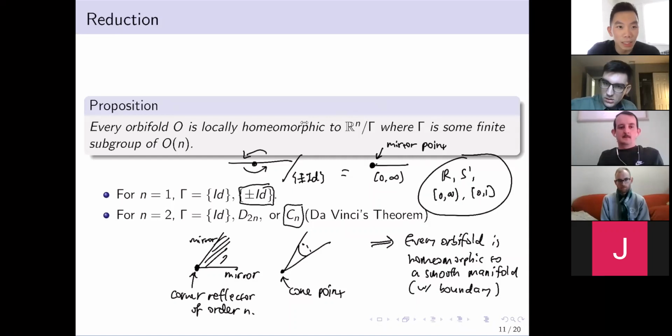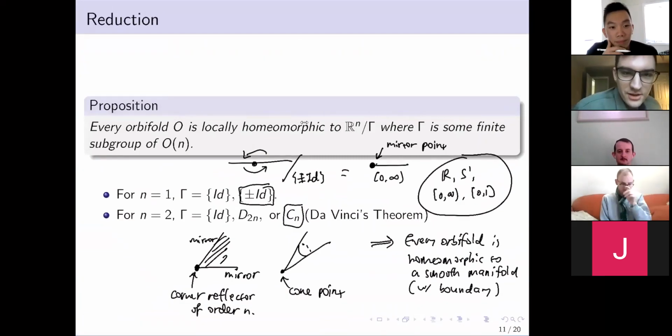With that, we can try to use a bit of a more advanced machinery. Wait, sorry, I have a quick question. So we're classifying up to topological, classifying up to homeomorphism. Not homeomorphism. So how are we classifying up to? I haven't really defined functions on orbifolds. Yeah, because I'm not sure what a map of orbifolds is. I would say smooth diffeomorphisms. It should be clear in the next slide. Okay. Hopefully.